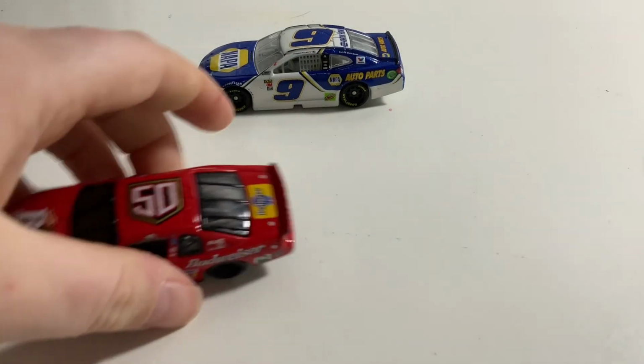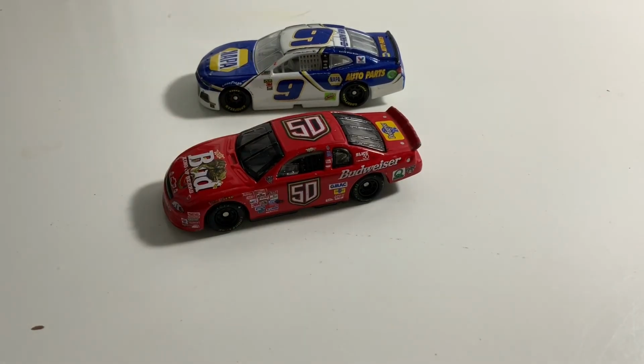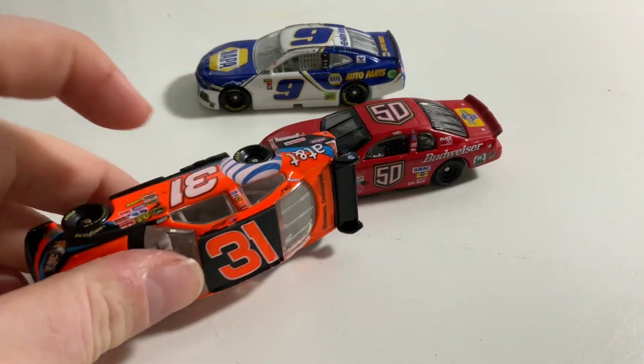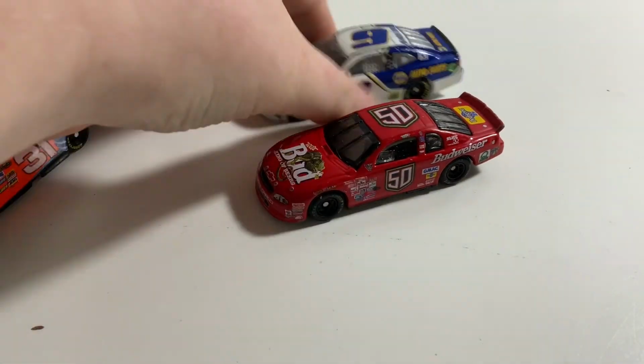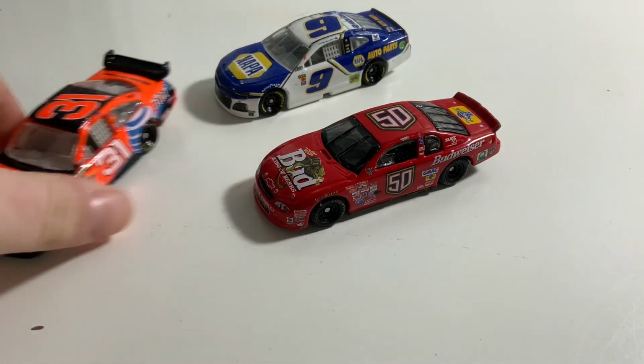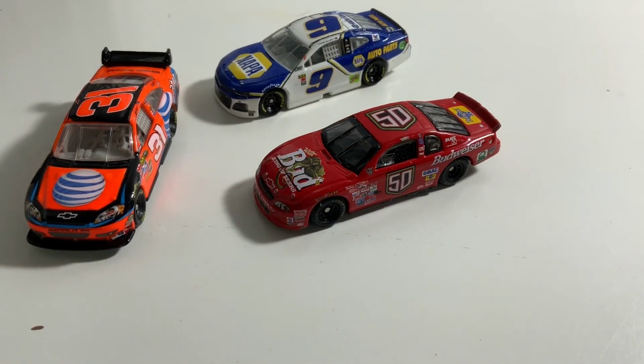I mean, even as recent as the COT era, they still had some really awesome cars. I mean, look at the clear coat on this, the gloss. And look at them now. I don't know. I don't know if it's just me. Leave in the comments below what you think. But the next question I have is,